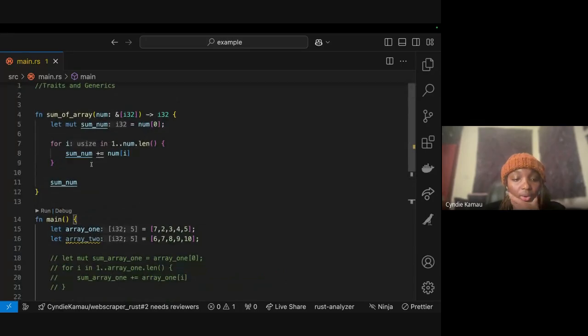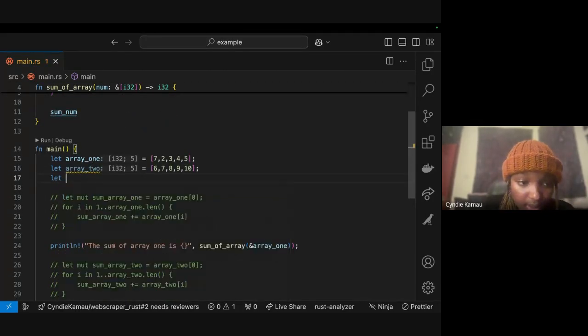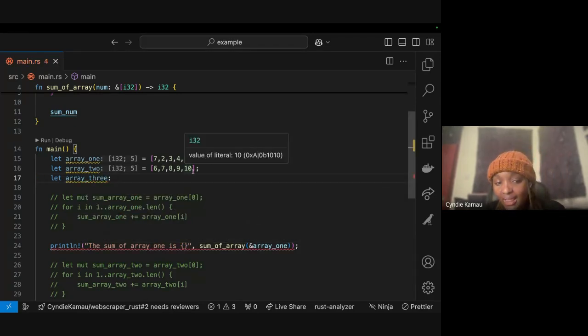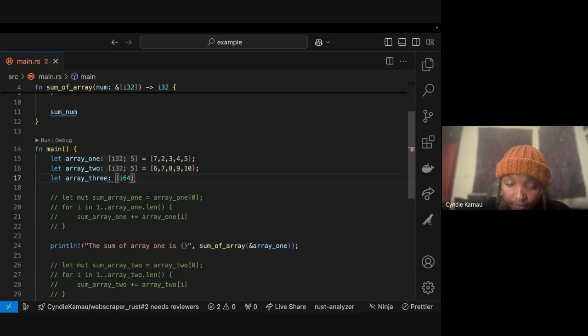Okay, now let's add another scenario. Let array 3, but in this case, instead of it being I32, let's put it into I64, and we'll give it 5 values, or even 6 values.